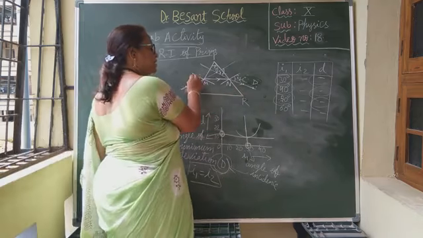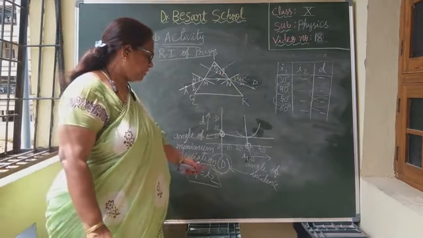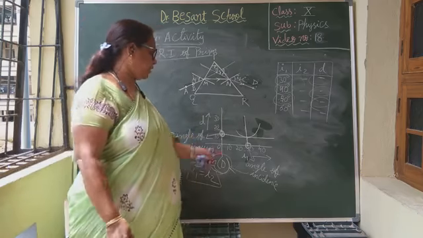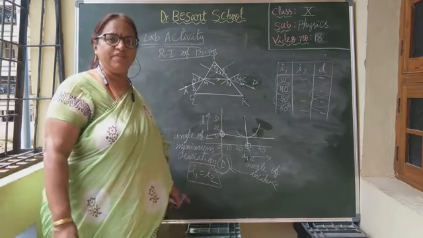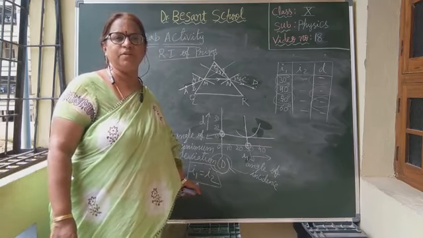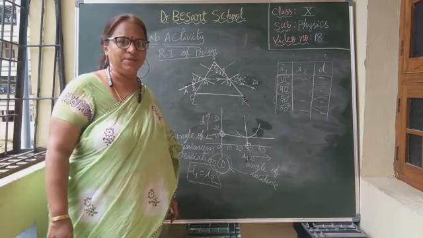That's why these two angles I1 and I2 will be equal at angle of minimum deviation capital D. For other angles of deviation, both are not equal. They will be different values. But at angle of minimum deviation, both angles will be equal. I1 will be equal to I2. Am I clear, children? Understood?